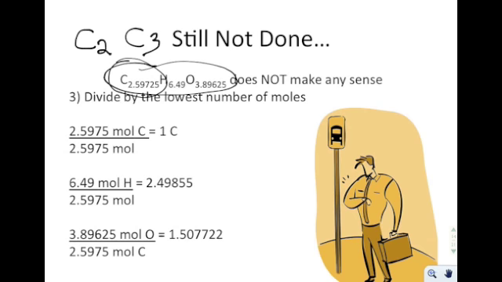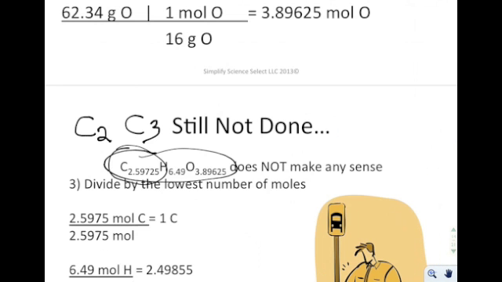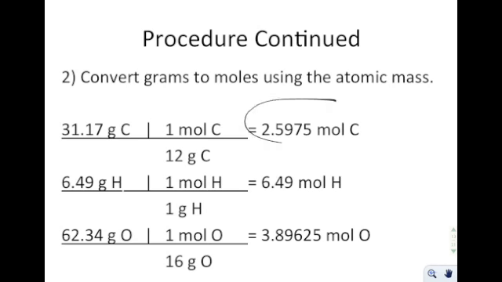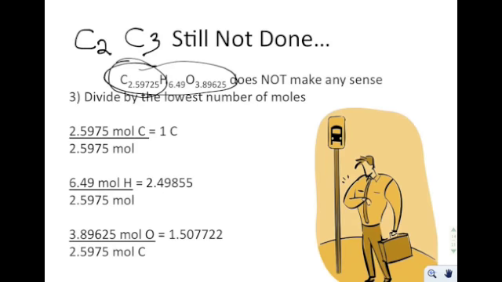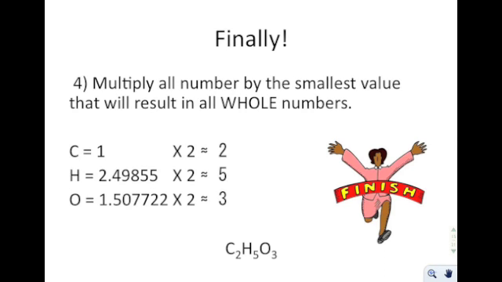If you look, the lowest number of moles that we had before was 2.5975. So I take all the values and I divide them by 2.5975, and as a result, what I get is 1 carbon, roughly 2.5 hydrogens, and roughly 1.5 oxygens. So that right there is getting close to an empirical formula. But I still have this problem. It's still not going to be CH